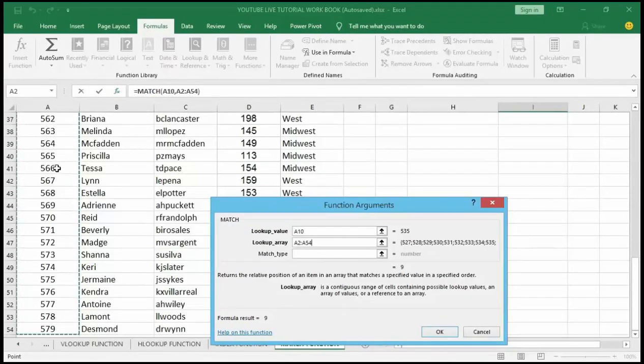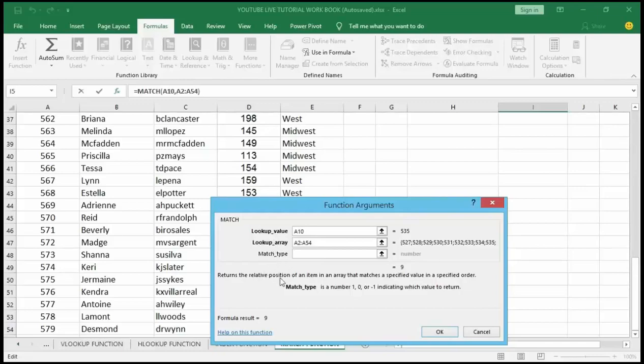So in the match type here, though this is an optional argument, it defines the logic behind matching, that is how the match will happen.